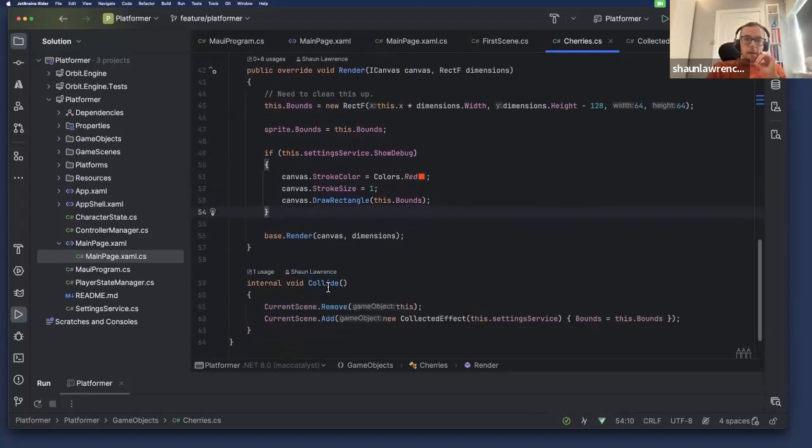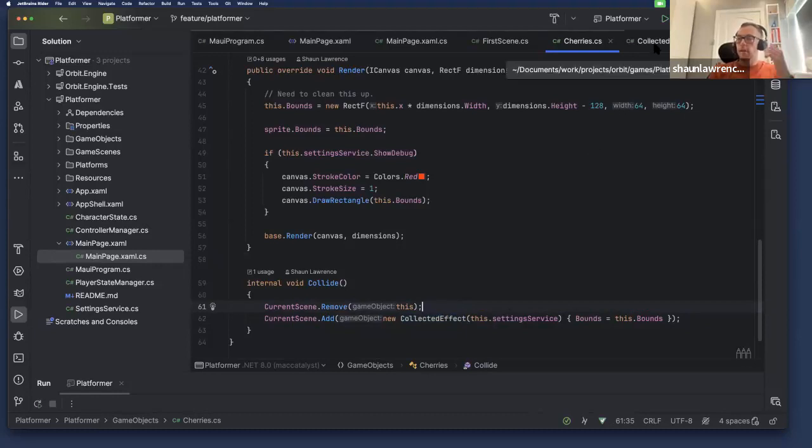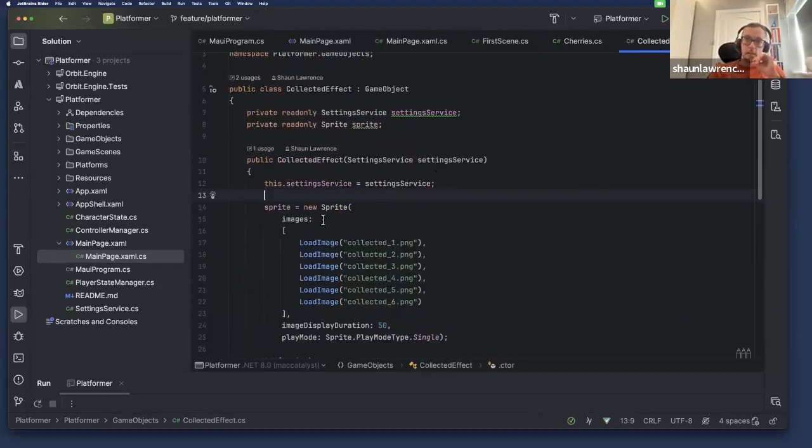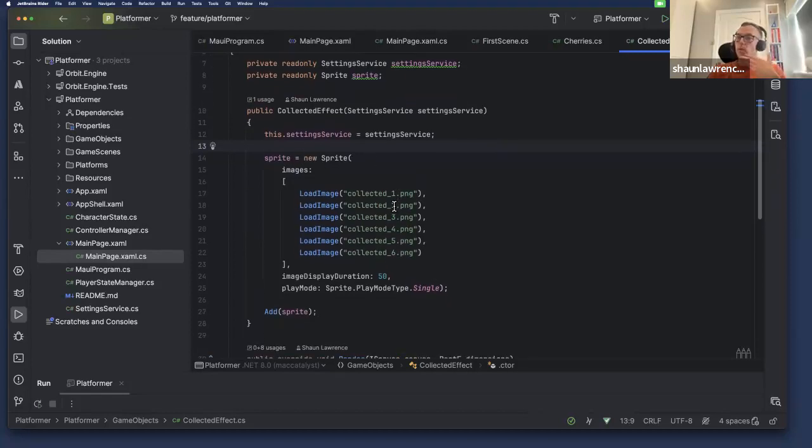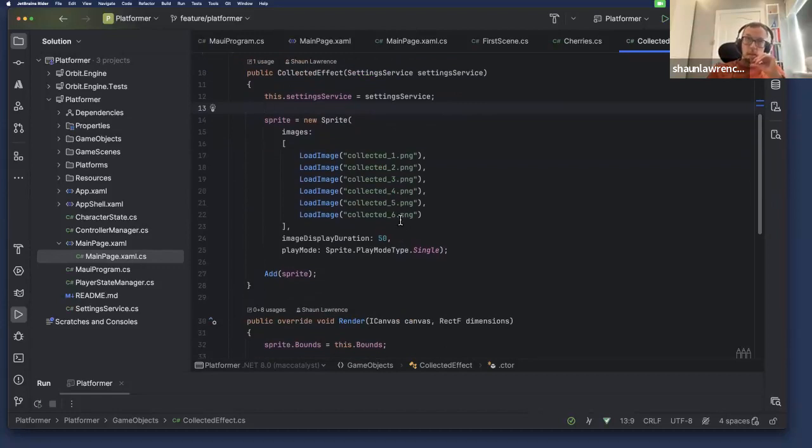We also have this collide method. What happens is, when our character collides to collect the cherry, the cherry will remove itself from the current scene, and then it's going to add a collected effect. All this collected effect does is run another sprite animation, which makes it look like the cherry has been collected.